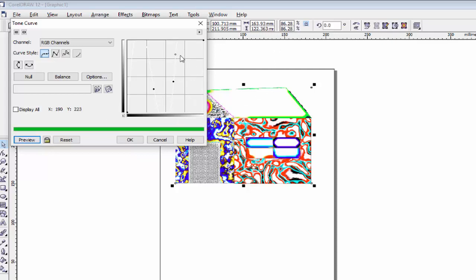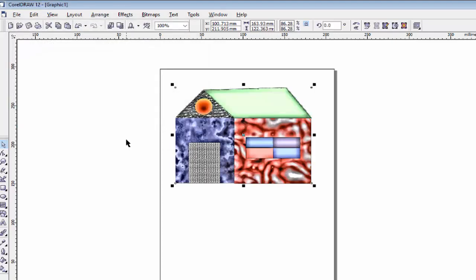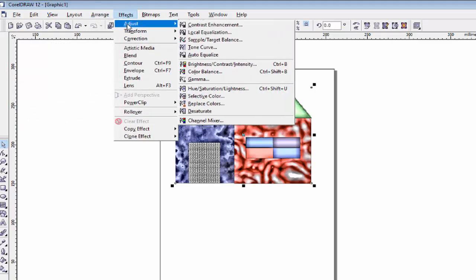These can be changed in curve form, and there are many curve styles. You can select from here, like this curve style, this curve style and this curve style. There are many curve styles which can be selected according to your requirement to change the tone of your selected object, selected picture.